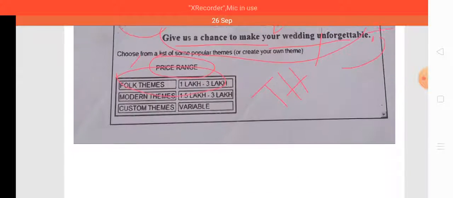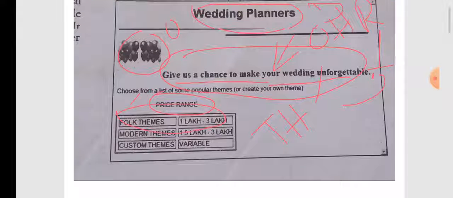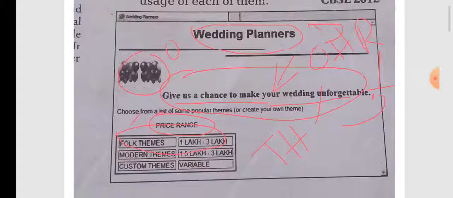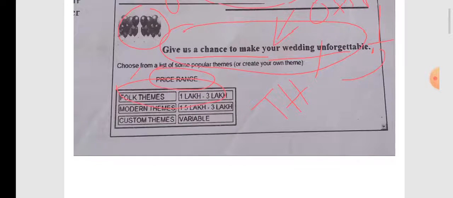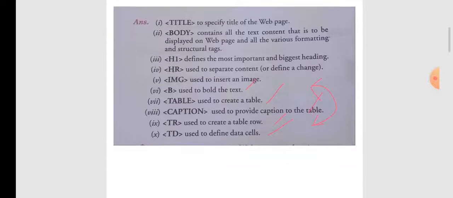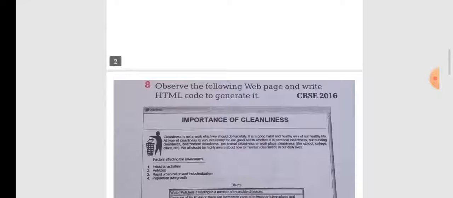The question will change, but the format or type of the question will remain the same. So I hope this type of question is asked again this year for the session 2020-21. So hopefully prepare for that and practice such questions. That will give you good marks.